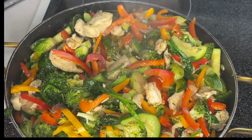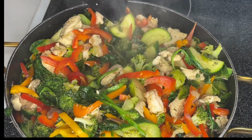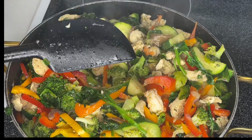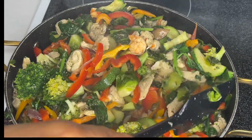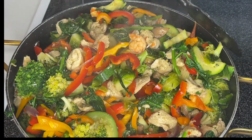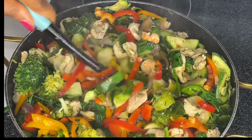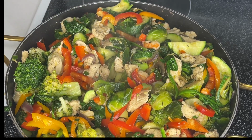You can eat this as a meal. You don't have to eat any other thing. But if you want to add something else to it, you can eat it with rice. And this has, remember, we use olive oil, so the oil is healthy. Everything here, chicken breast, no fat. And we also have some shrimps here. So this is it, guys. Oyoyo's